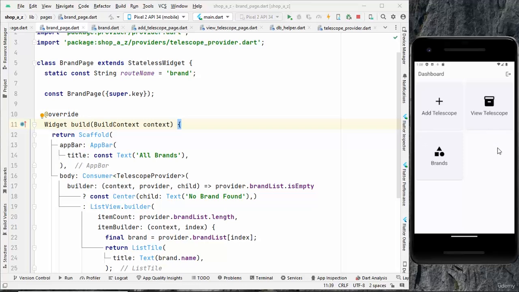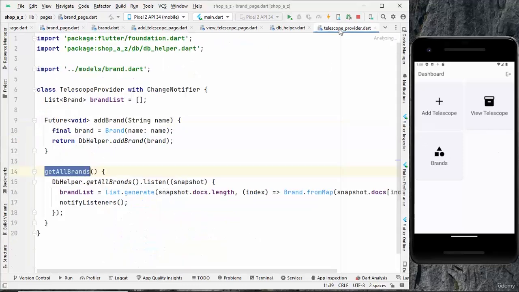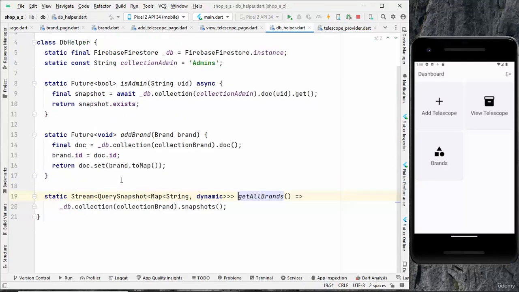So if I keep calling this method over here, get all brands,